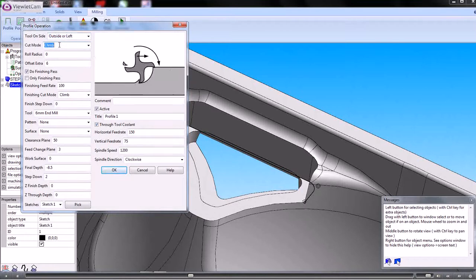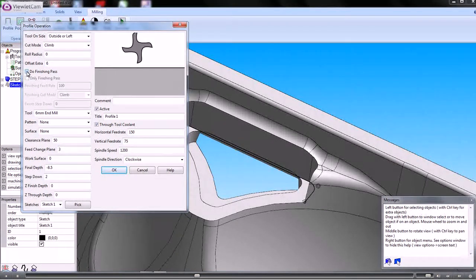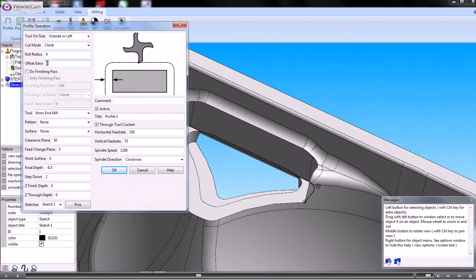We'll climb mill, and because we want to clear out some of that area, we'll use an offset extra finishing offset extra, so that will just add material on so that it will in effect produce a roughing type